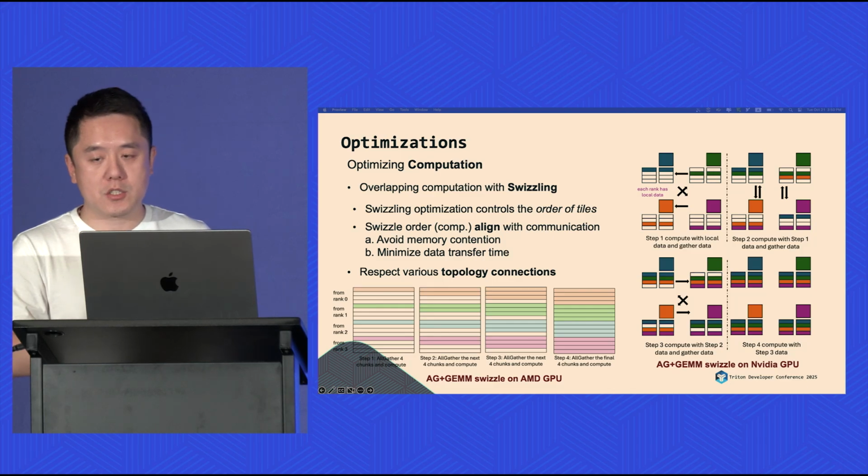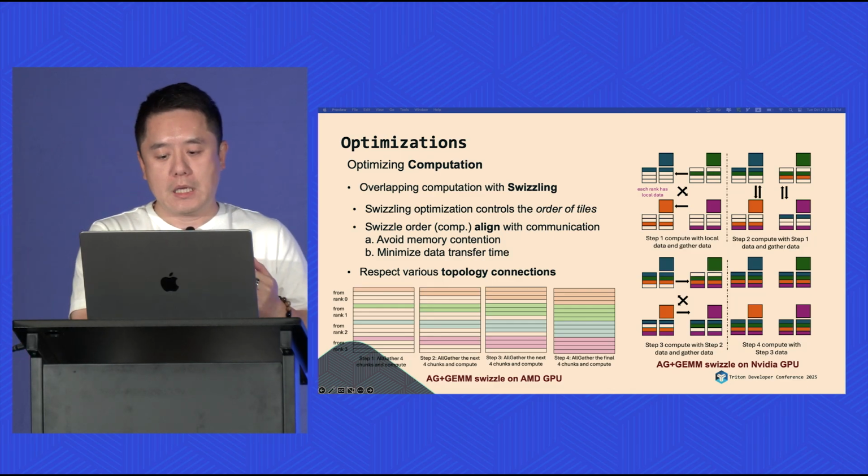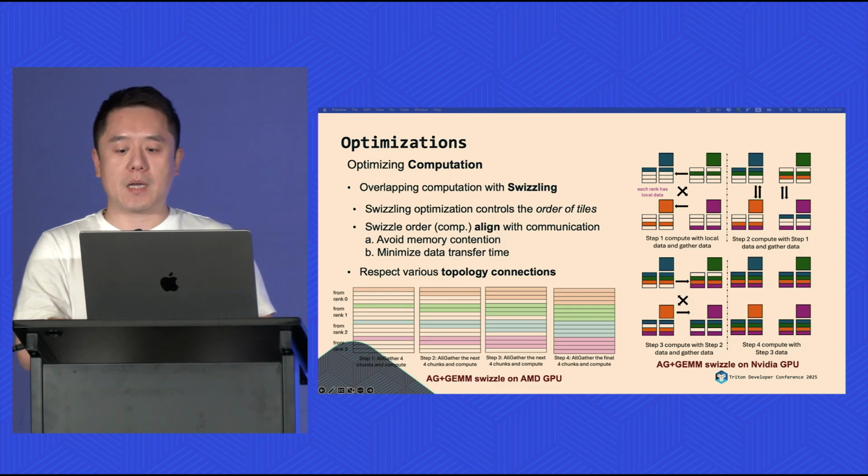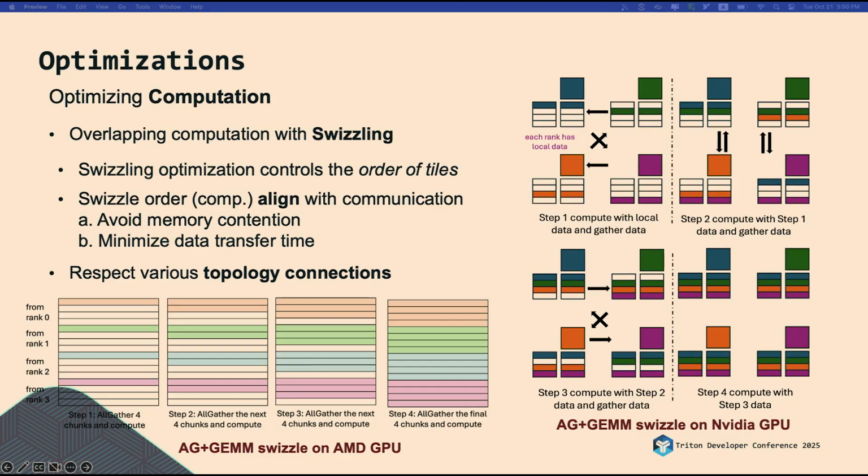At the very beginning, each rank will occupy a chunk of data. So for the first step, each of the GPUs will use its own local data to do the computation. And at the same time, each rank will gather the next chunk of data from another GPU. And then in the second step, it will reuse the step 1 data to do the computation, and at the same